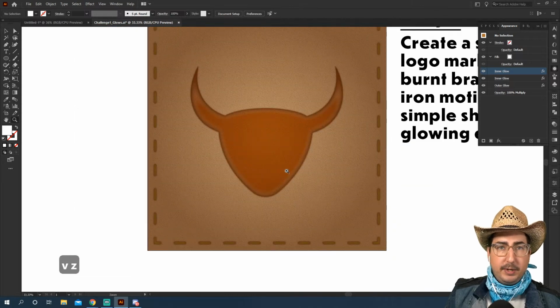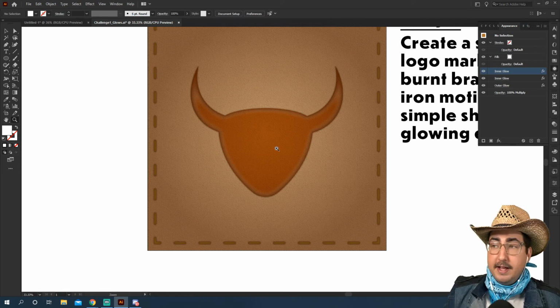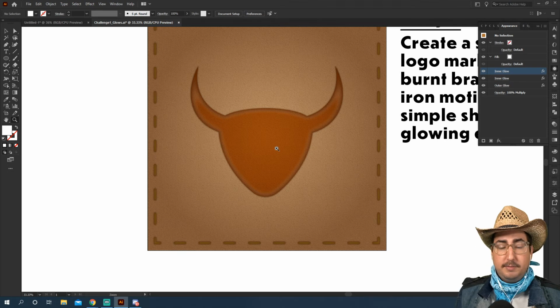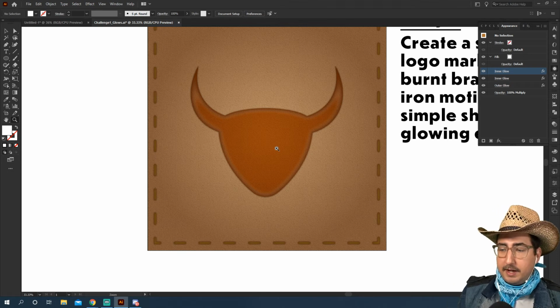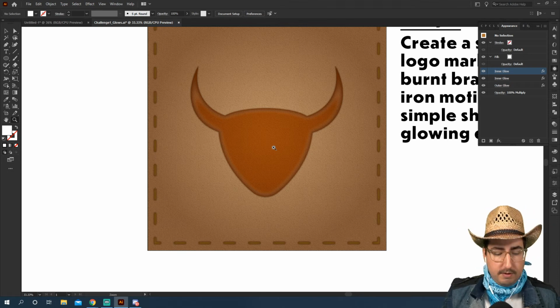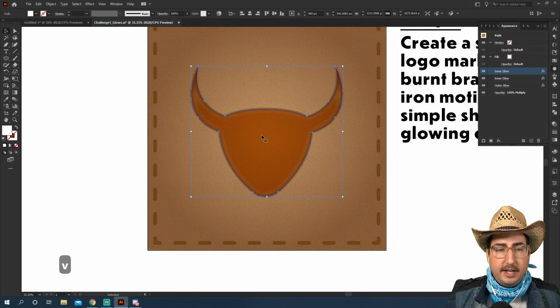Cattle don't necessarily have pointy faces, and so rounding it out a little bit, because these effects are stacked on top of a shape, they're actually going to stay consistent across the board. So every one of the shapes that I make with this effect stacked on top of it will just pick up those effects. So we're going to do one more effect here, and we are going to select our shape